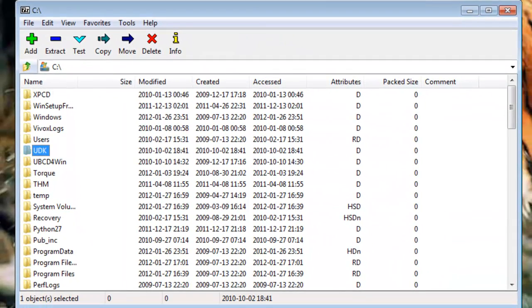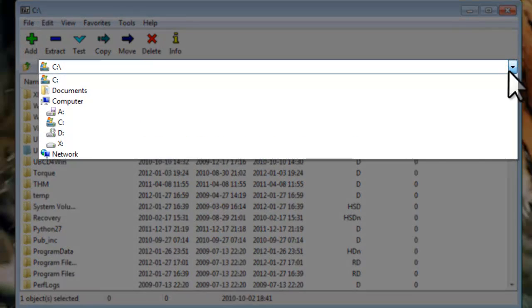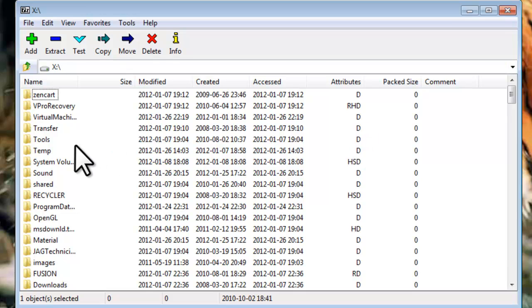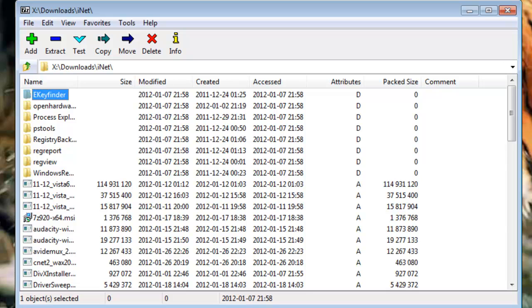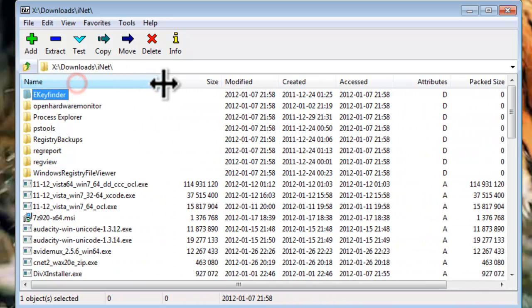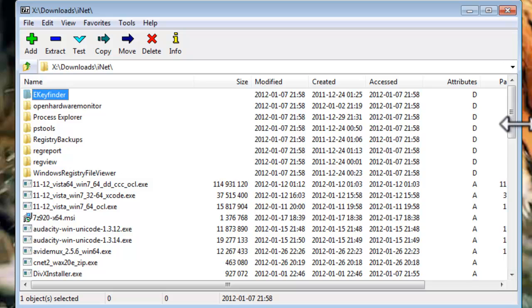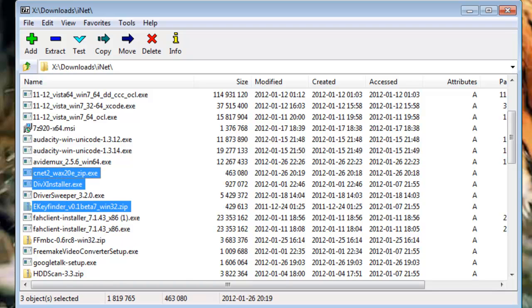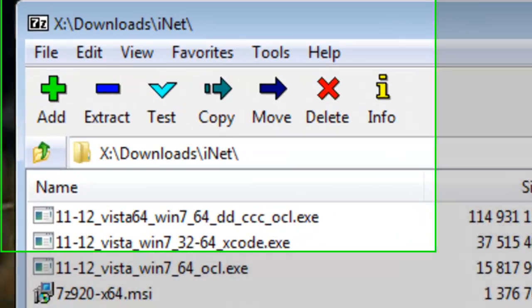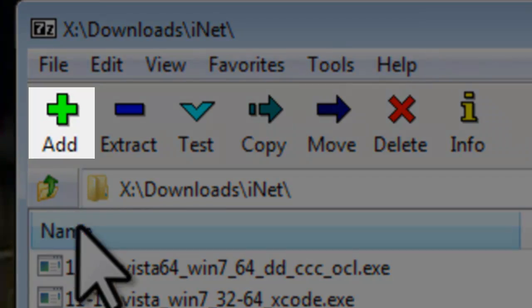We'll browse to and select a couple files to test with. You can click this drop down to select other drives and locations. Downloads. This is the location I download all my internet downloads temporarily to, and then clean it out every once in a while. We'll just select a couple files here to work with, a couple small ones. You can select multiples by holding down the Control key and then left-clicking multiple files. After selecting them, click the Add button.